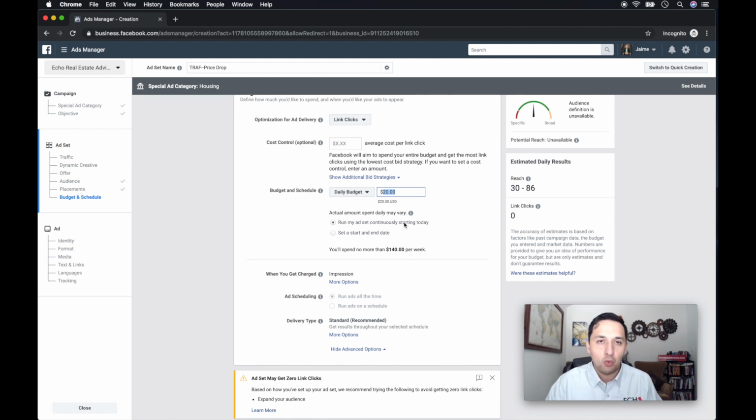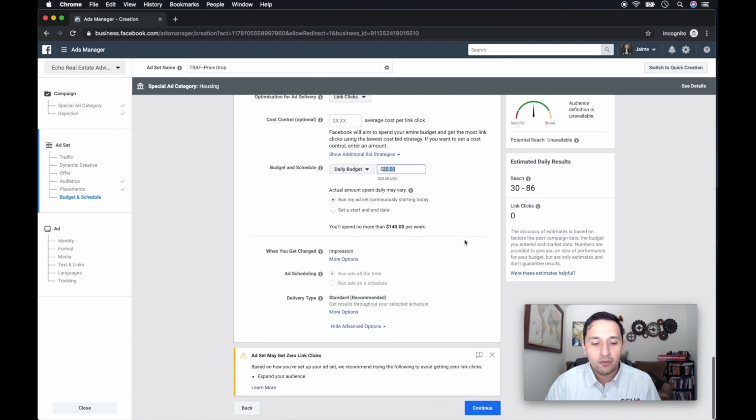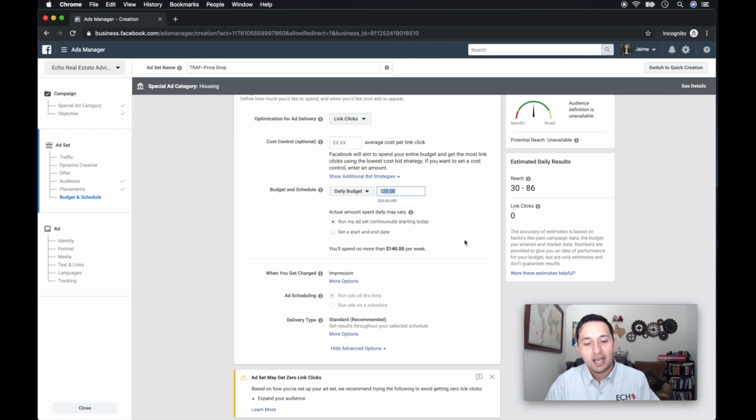Your daily budget, wherever you want to start, wherever you can start, I suggest is where you start. I mean, certainly don't go into bankruptcy trying to run these ads, which ultimately you wouldn't be in bankruptcy because you would be getting leads if you know what you're doing. But for our purposes, we are going to leave it at $20 to get to the right answer sooner rather than later. And what I mean by that is, if you have a smaller budget with the intention of testing something, well, you're spending less today and a little bit more tomorrow and a little bit more tomorrow,